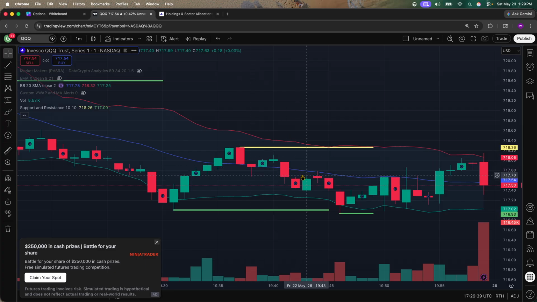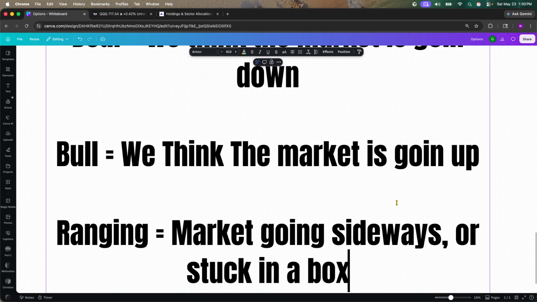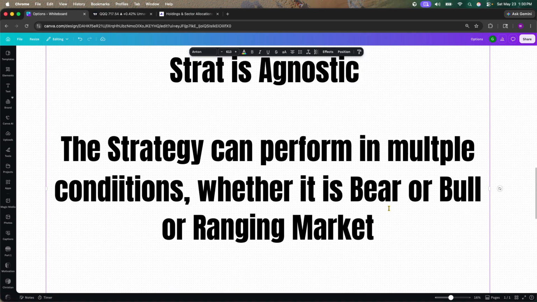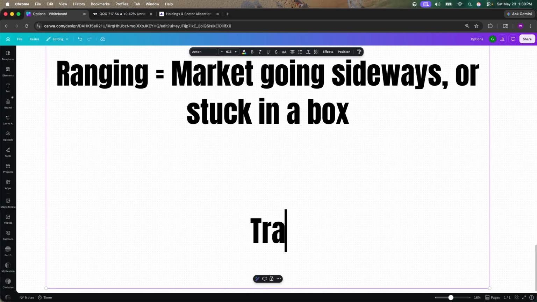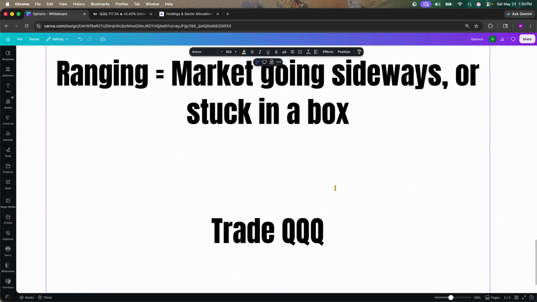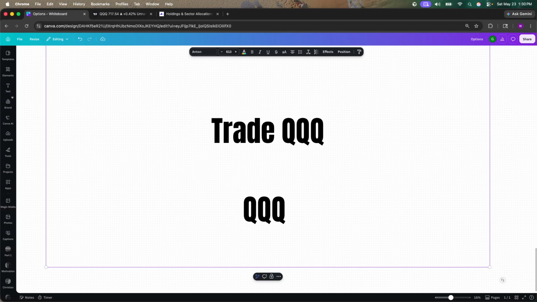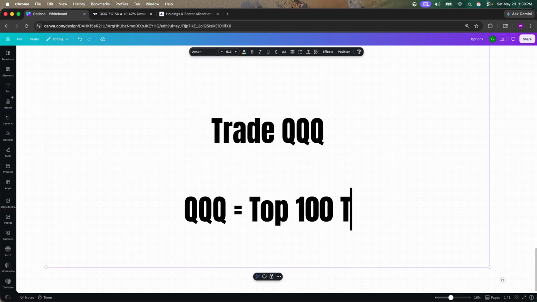Now, another thing that you're noticing is that we also have the Bollinger Bands and support and resistance lines. So the resistance is going to be the highest highs, and then the support is going to be the lowest lows. Then we also have the Bollinger Bands, right? The Bollinger Bands let me see volatility play out in real markets, right? So what we want to be able to create is a strategy that can trade QQQ. And again, QQQ equals the top 100 tech companies